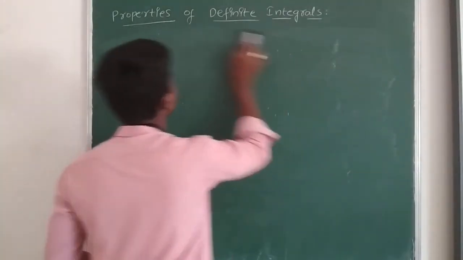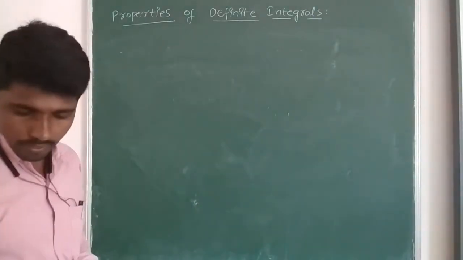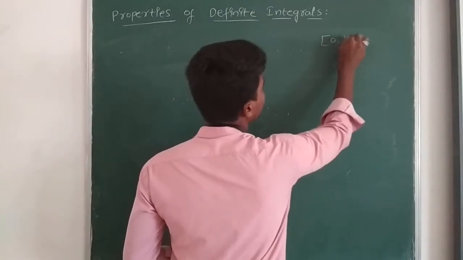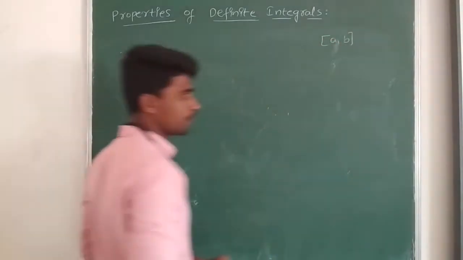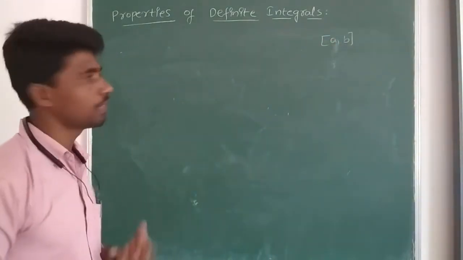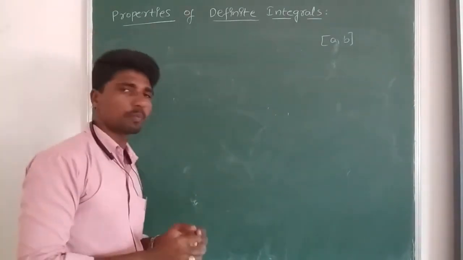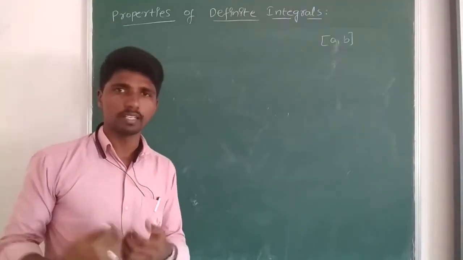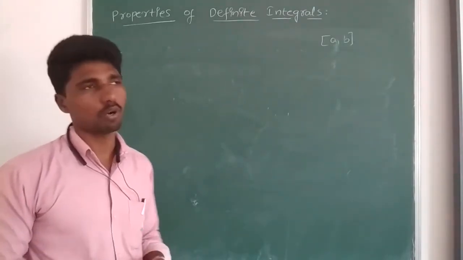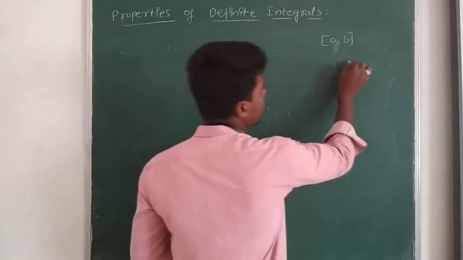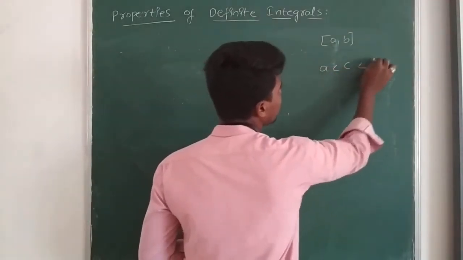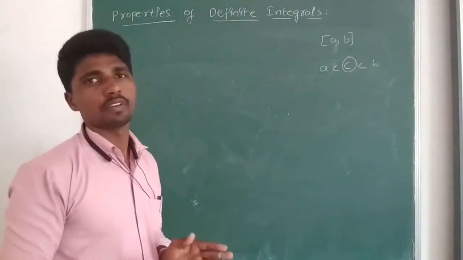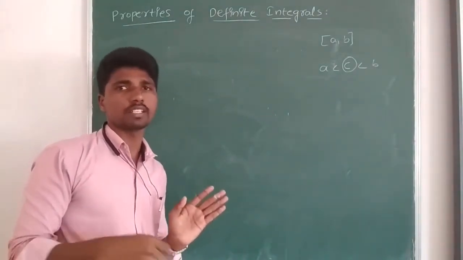Suppose the function is defined, and the integral is defined, in between a and b, and we have some points between a and b. The curve changes at one particular point. Then we can split the entire integral into 2 or 3 parts. So how? If I consider a point C which lies in between a and b, I have to consider a point which lies in between a and b only. We cannot consider the left side of a or the right side of b.